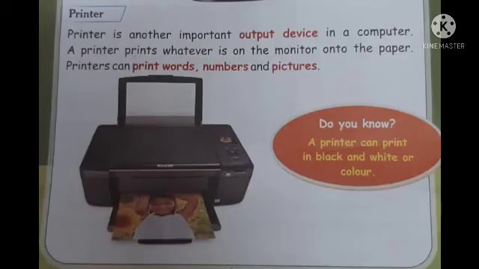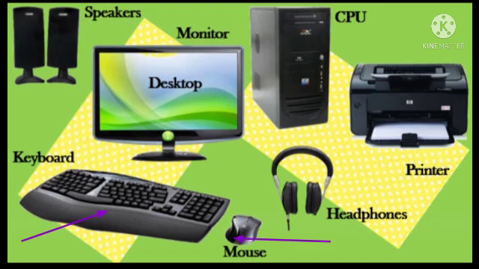Next one, output device. Printer is called one kind of output device. So the printer is used to take the picture copy, the hard copy. That one is called hard copy. Paper document is taken now. That is helpful for the future or to show the record. It takes only black and white or color documents. Okay. Then next one, input devices.